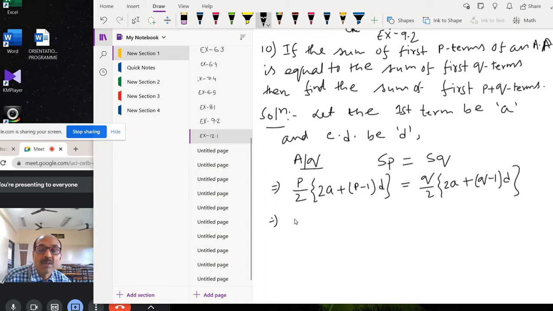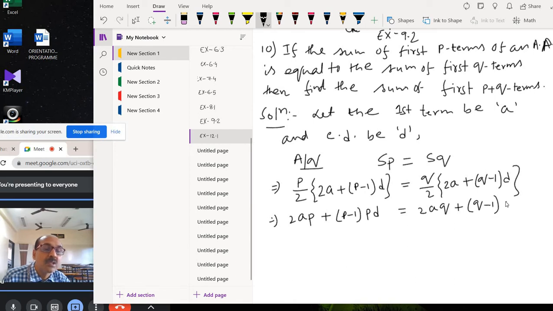Okay. Then multiply by p. Wait, multiply as follows: 2ap plus pd into p minus 1, equal to 2aq plus q minus 1 into qd. Okay. Then